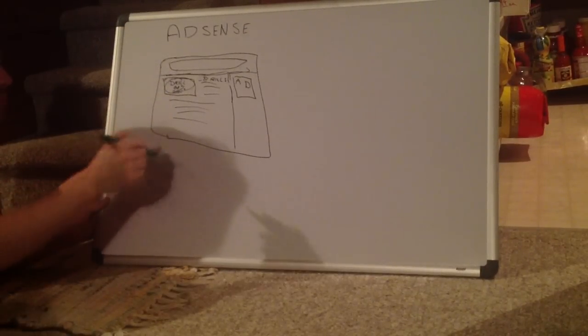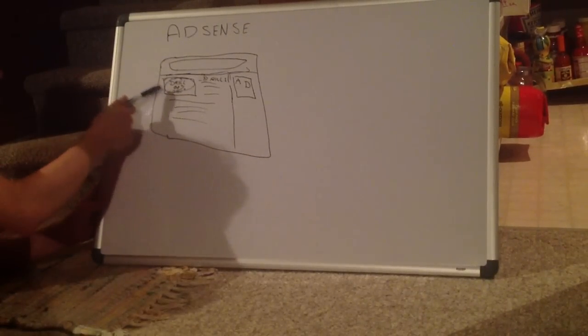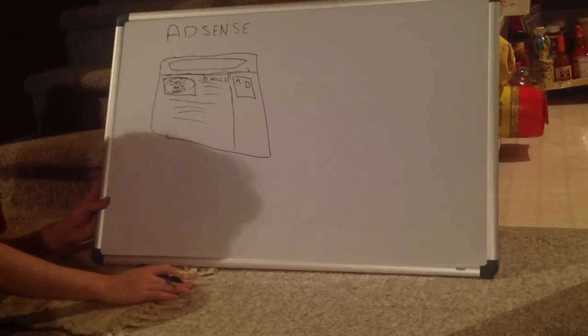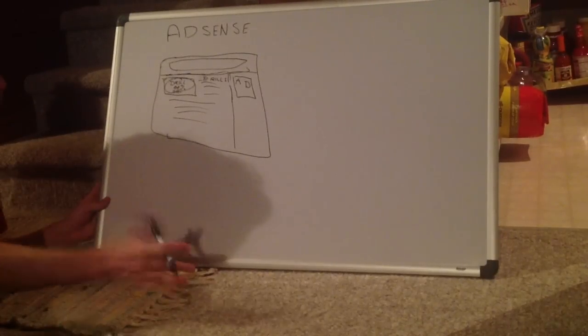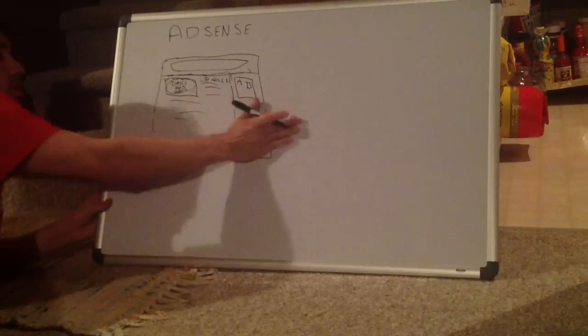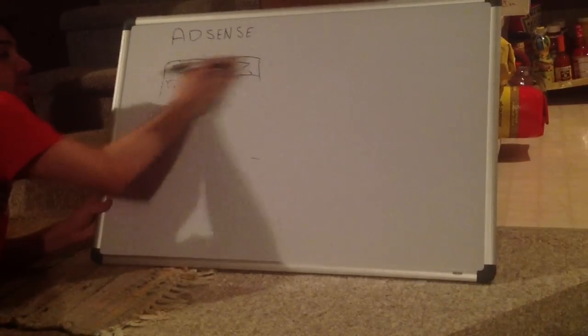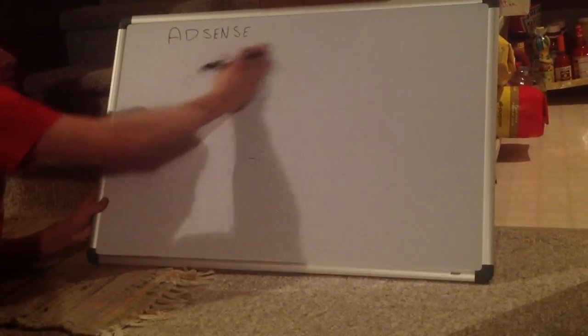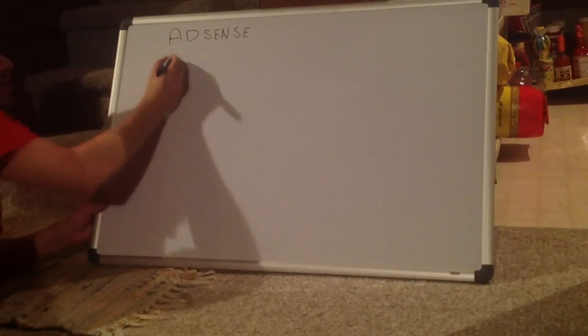But what helps you decide whether there are going to be relevant ads for what you're looking for? Well, there are two things you can do. One, you can do a Google search of your keyword ahead of time. So if your niche is on electric drills, you can go to Google